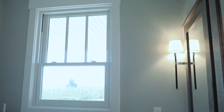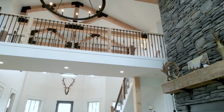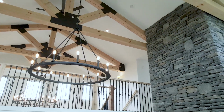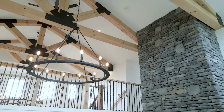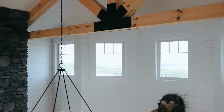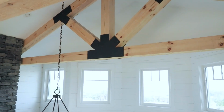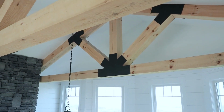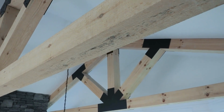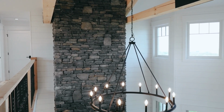So let's head upstairs, because I am dying to see the view from this catwalk. Yep, you can see the improved views over the vineyard all the way out to East Bay Grand Traverse, taking in the sights of Old Mission. You're really able to see these beams up here too. Yeah, absolutely. Rough sawn grain on there, to the lighting fixtures, to the rail,